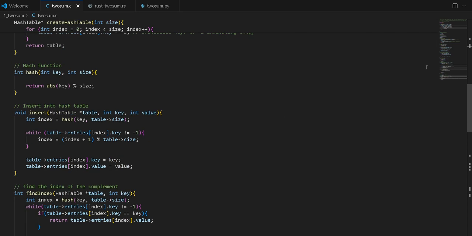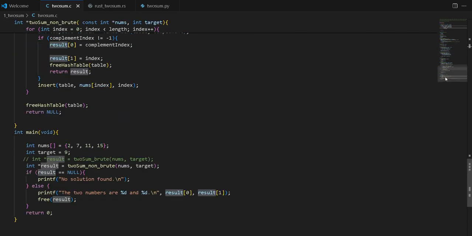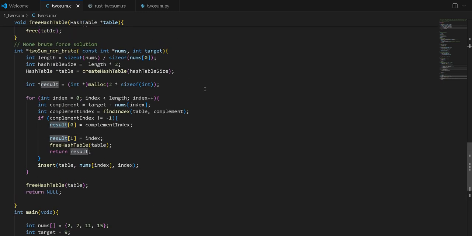Down here, if we look at the solution, the main right here, we pass the array and the target. That means if the result is found, then we have to free it right here. If we couldn't find the result, then there's nothing to be freed. Just like any previous solution for non-brute,